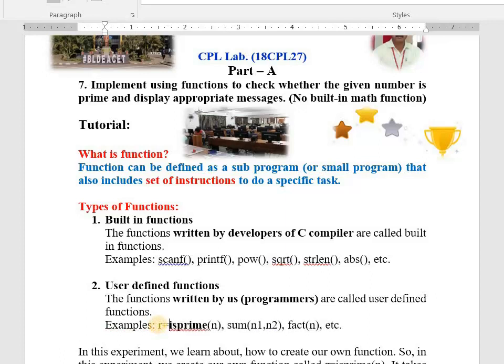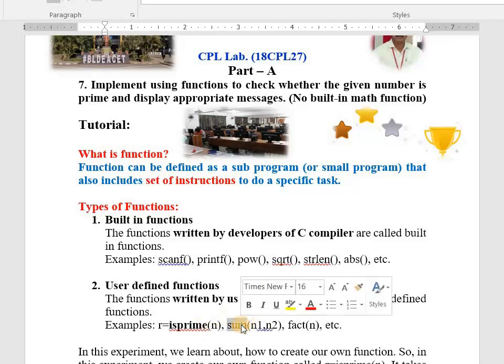It returns one value. If the given number is prime, it gives 1. If the given number is not prime, it gives 0. It is giving us 1 means that is prime number. It is giving us 0 means that is not prime number. That is the understanding between us. Okay, no problem. We'll come to know shortly. Don't worry.